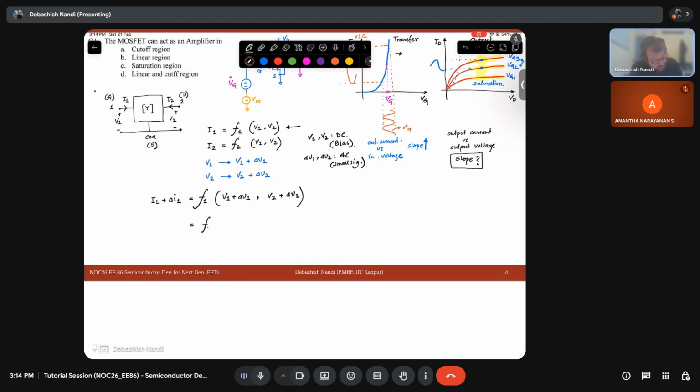So can I write this as F1(V1, V2) plus the derivative dF1/dV1 times (V1 plus delta V1 minus V1). Similarly, you will have the partial derivative with respect to the other independent variable V2, and then it will be